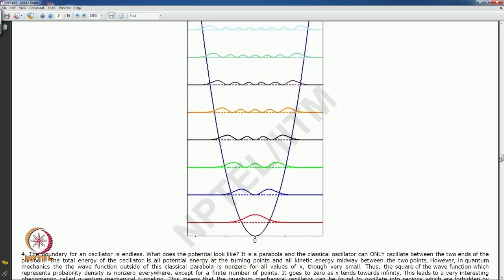Let us take the square of the wave function, and when you plot the square of the wave function, this is what you get. Namely, the first one is simply exponential minus alpha y, or exponential minus y square, and therefore, it has the same shape except that it is narrower than the wave function. But what is important is that the probability of finding the harmonic oscillator outside of the classical potential region that you have here, okay,